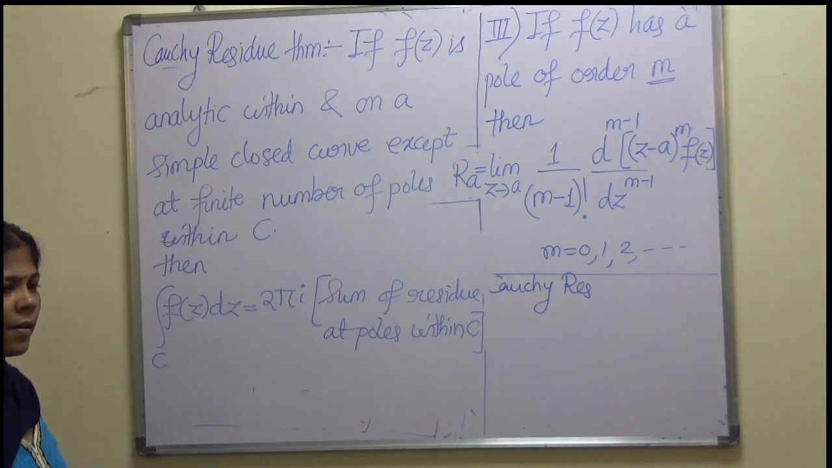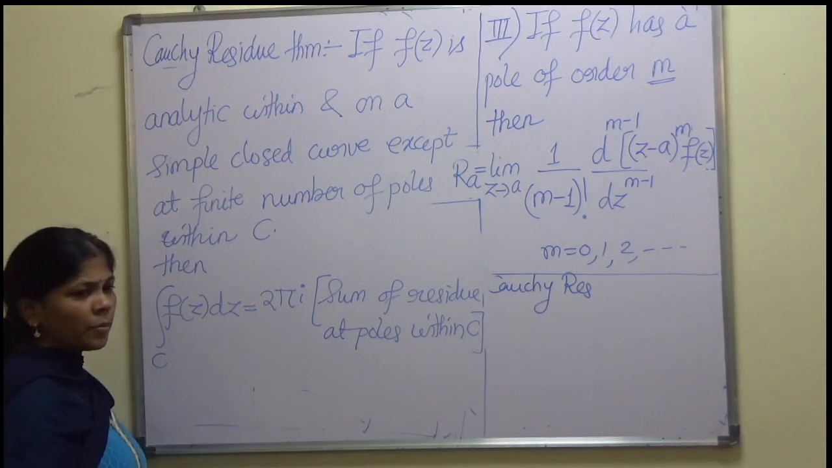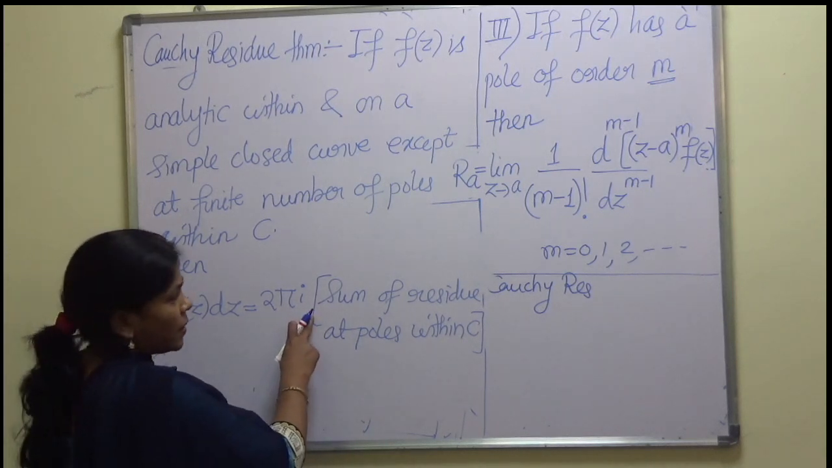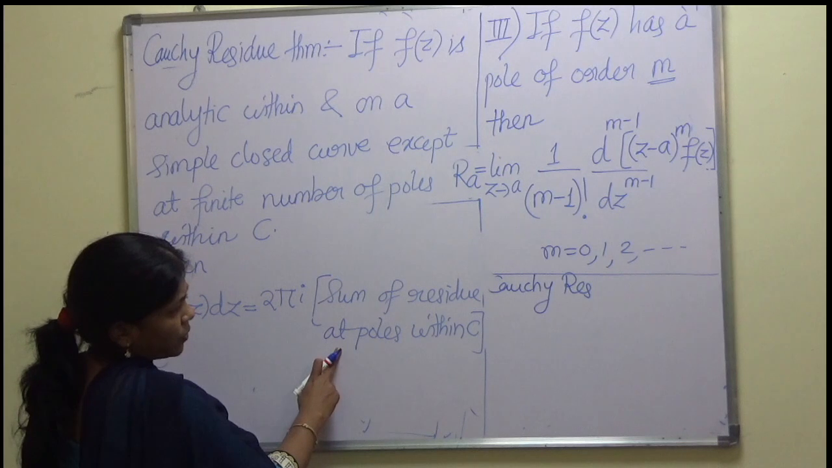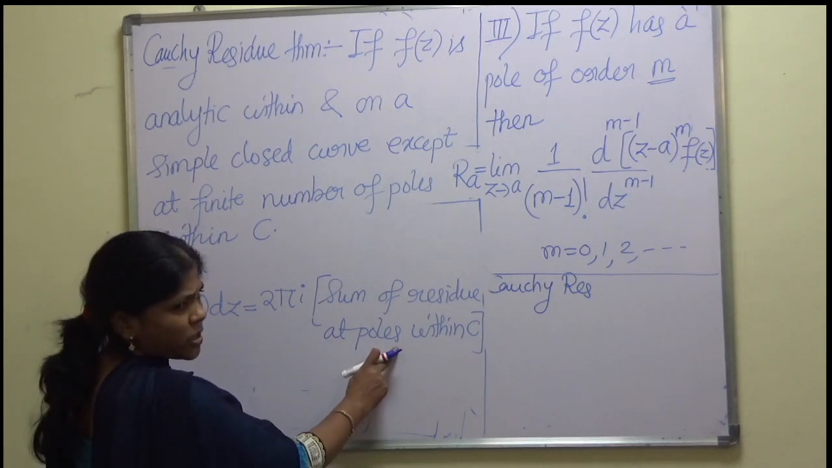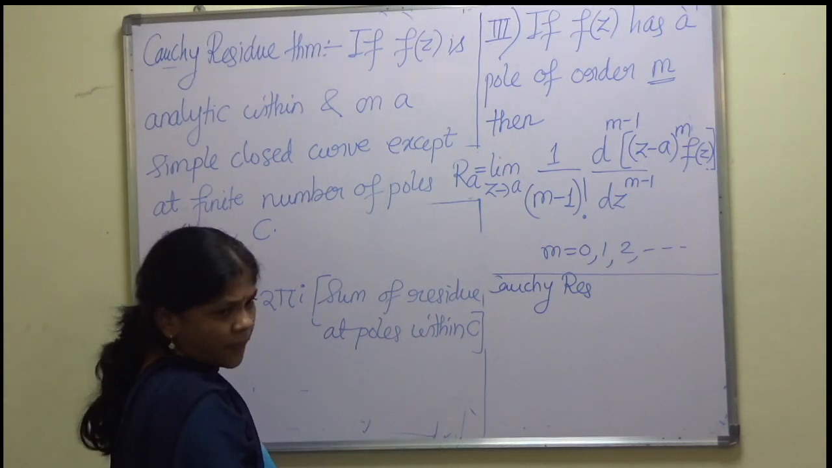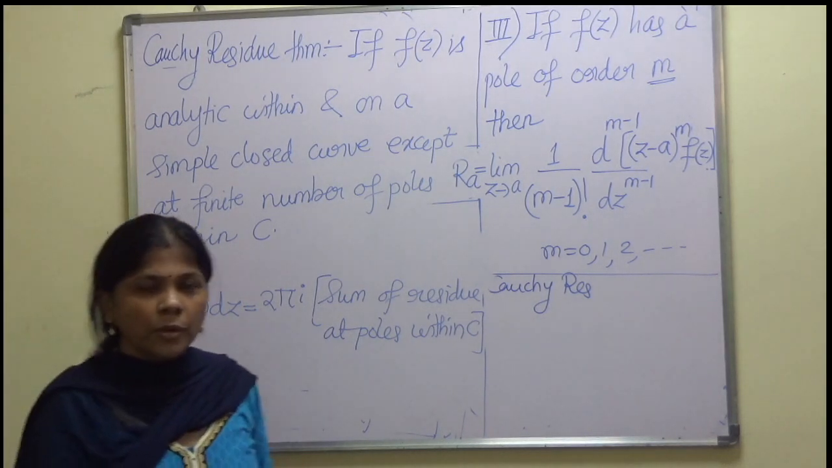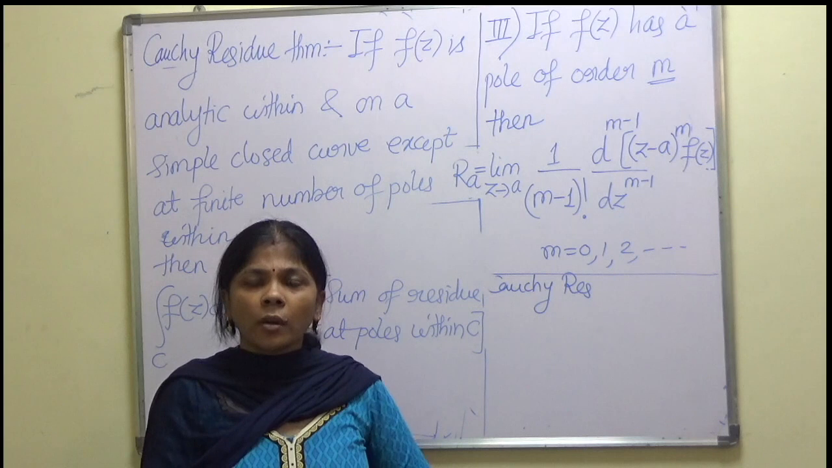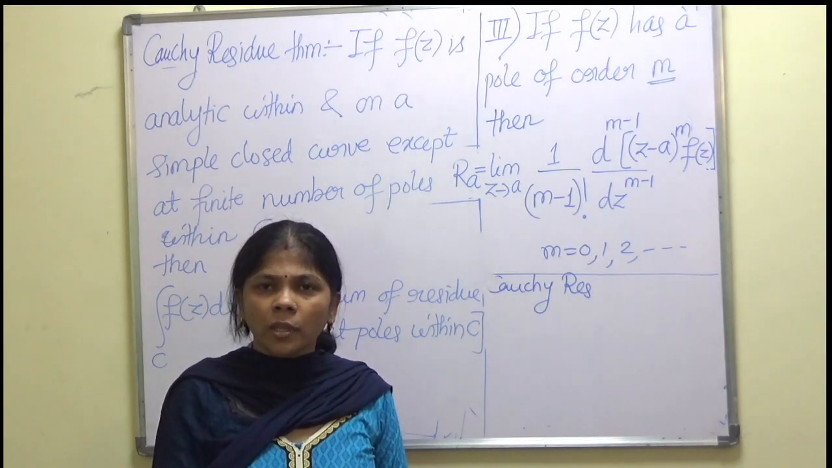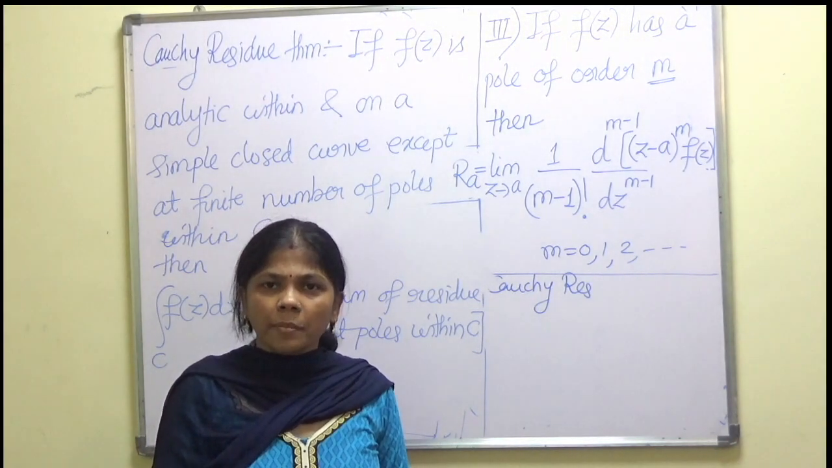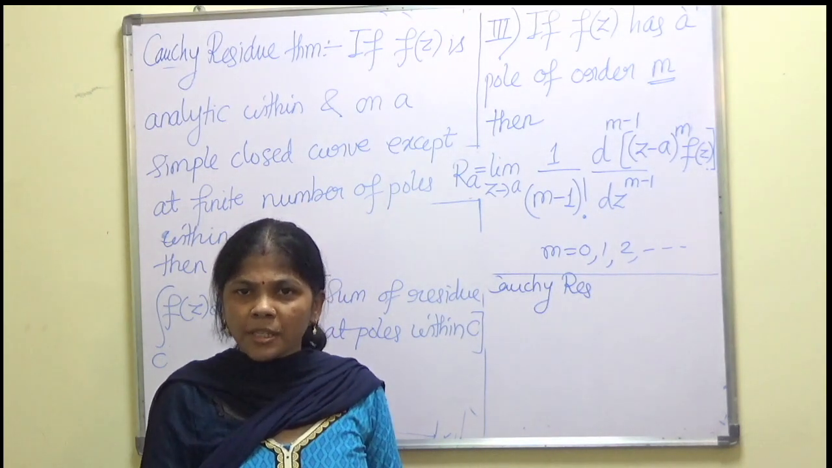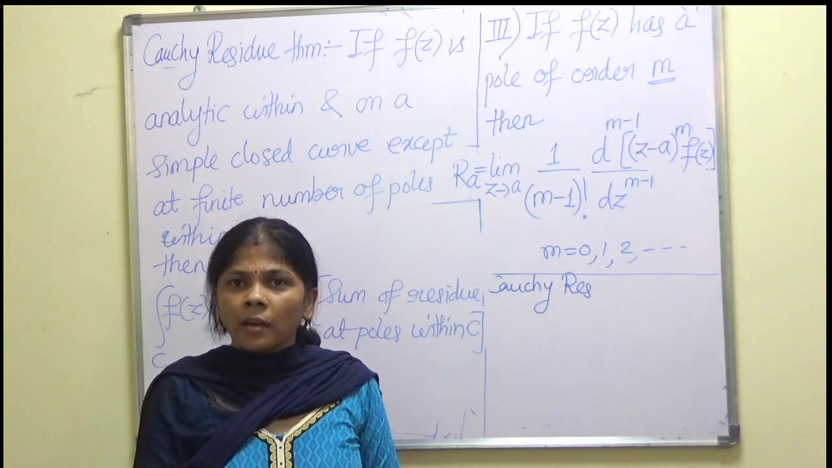So according to the Cauchy residue theorem, the value of any integral is nothing but 2 pi i times the addition of all residues evaluated at the poles lying within C. This is what the Cauchy residue theorem states. So this is what we require to solve the examples. All these are the basic concepts one should know. One should be aware of all these basic terminologies. Based on this